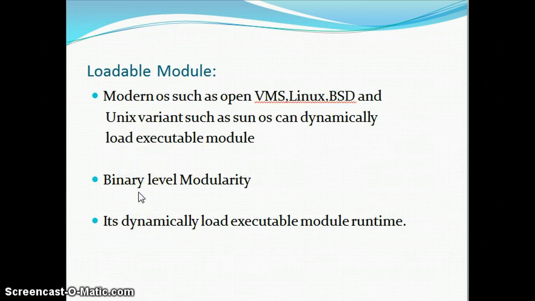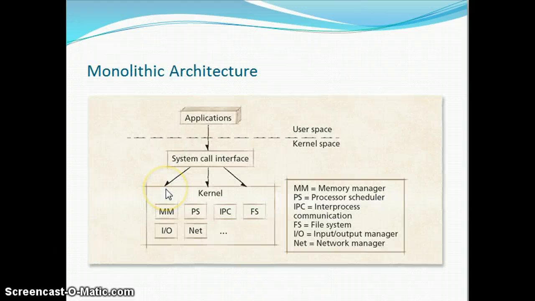Modern monolithic operating systems such as OpenVMS, Linux, BSD, and Unix variants such as SunOS and AIX, in addition to Multics, can dynamically load executable modules at runtime. In a monolithic kernel system, this modularity is at the binary level, not at the architecture level. Monolithic Linux dynamically loads executable modules at runtime, and this is the architecture of